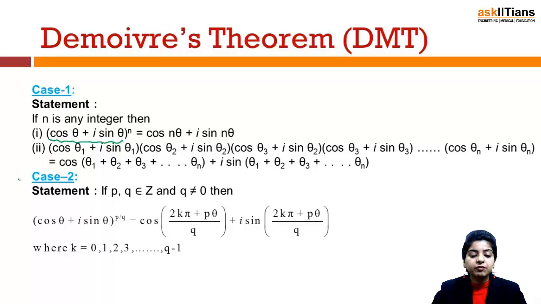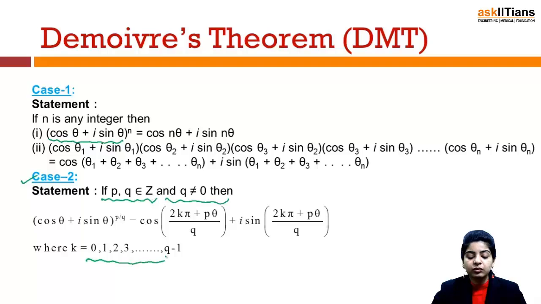Next case says if p and q belong to Z, they are integers, and q is non-zero, then (cos theta plus iota sine theta) raised to the power p by q is equal to cos of (2k pi plus p theta) by q plus iota times sine (2k pi plus p theta) by q, where k will vary from 0